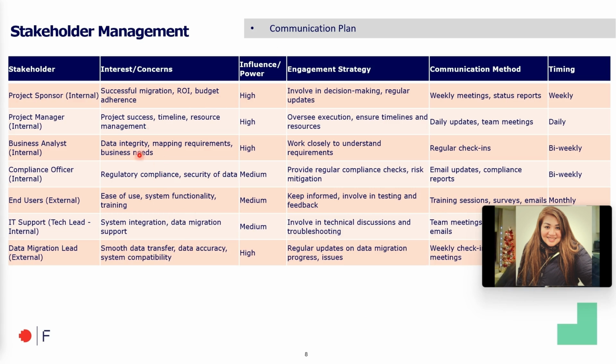Now, as part of our stakeholder management as well, we came up with a communication plan. This is to ensure that each of our stakeholders and team members involved in this project has its own tailored plan because of their varying levels of power and influence, to ensure risks and issues are raised on time through proper channels. As an example, our project sponsor has high influence over this project, and to keep them engaged and satisfied, we need to involve them